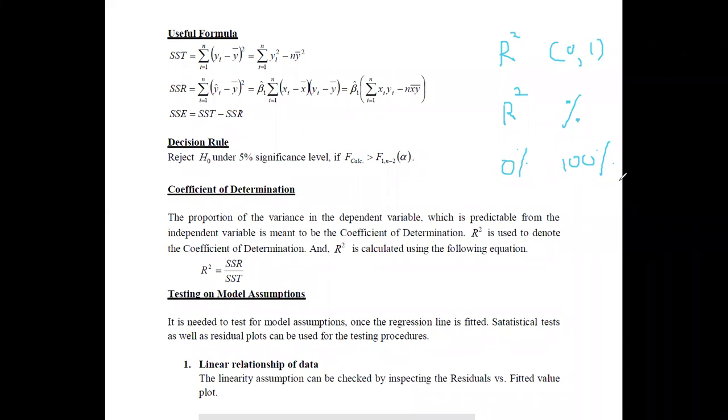But if you obtain a higher value, like 80%, 90%, 70%, or even 60%, we can say that according to the situation, it may be a very good model. To calculate R squared, it is obtained as SSR, the regression sum of squares, divided by the total sum of squares.